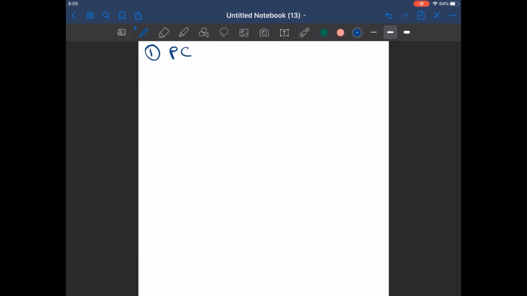When you try to ping your gateway from PC1, the first step is that PC1 will check whether this destination IP address is in my network or not. For that, it will do an AND operation.